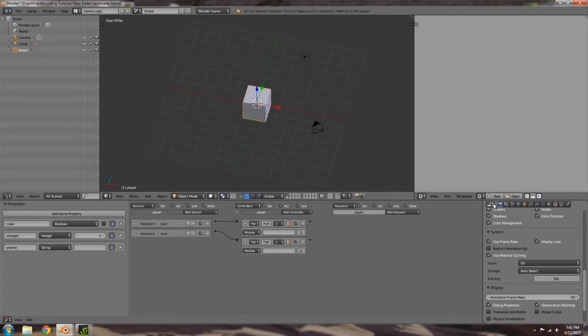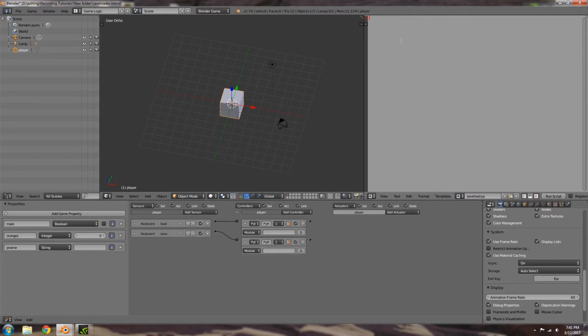Now what we're going to do is go over here, make a new script, call this saveload.py, then up the top here, import BGE, and then what we're going to do is put in def for defining a function, save, then cont as round brackets, a colon, and then the next line. So in here we want to import in our properties, so properties, and let's in here go ahead and put in the first one, so